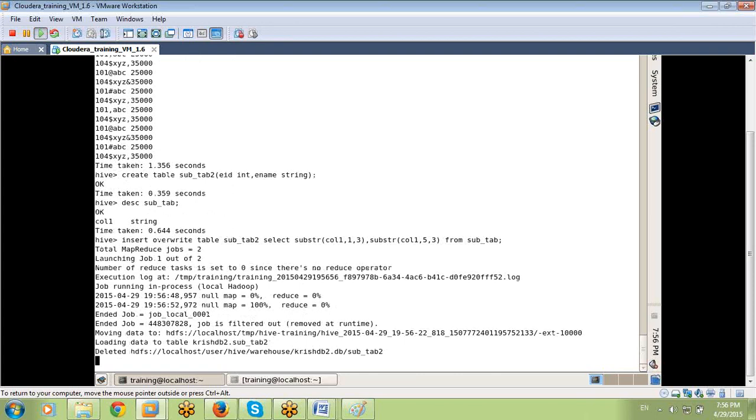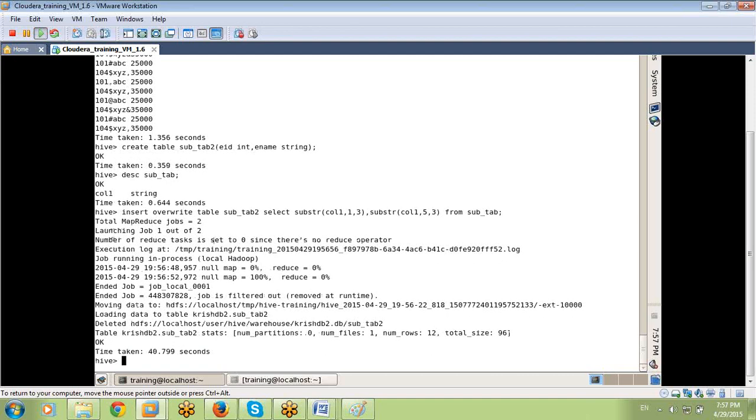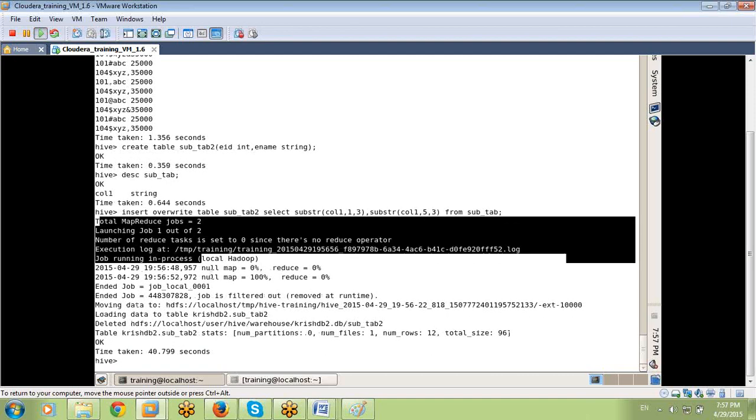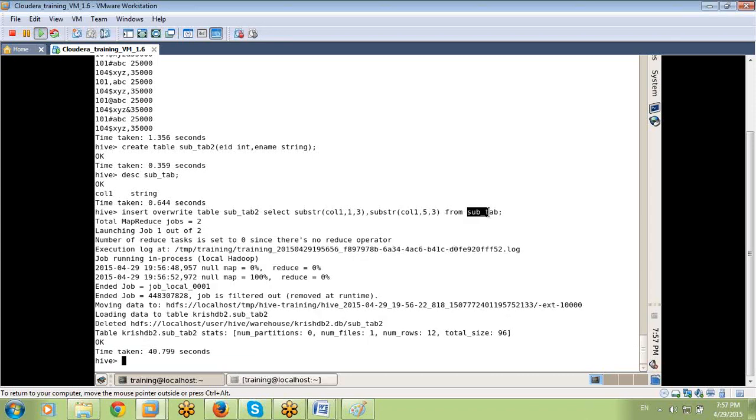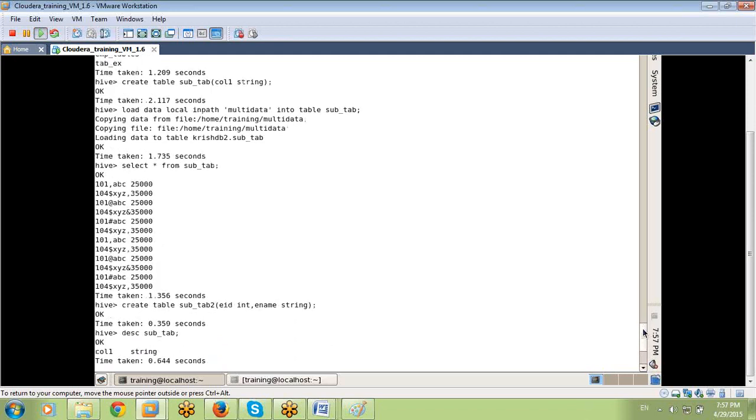Wait for the process to complete. If I submit the process, my MapReduce job starts; internally the MapReduce job is launching. First, understand this query processing. If I submit a query, immediately my cursor goes to the subtab table. Where is this table available? It is available here, so it goes to this position.